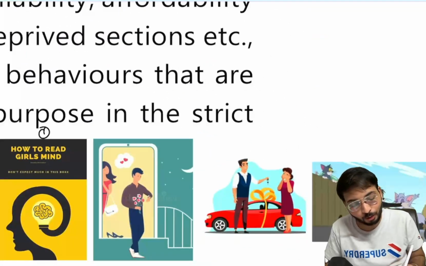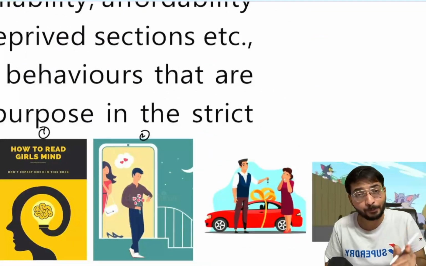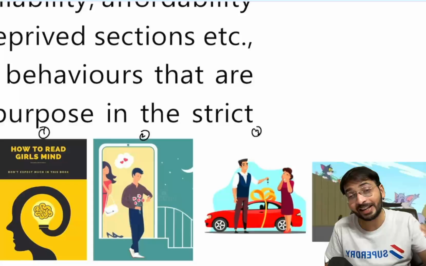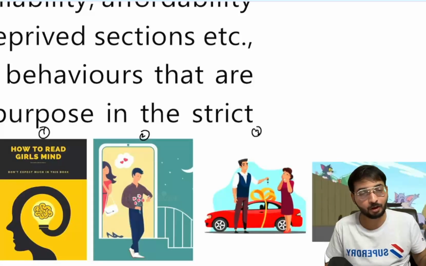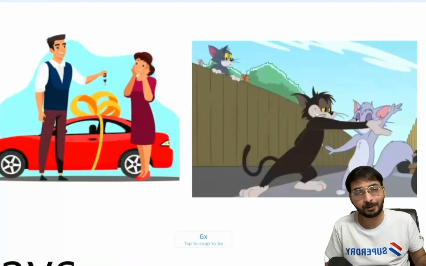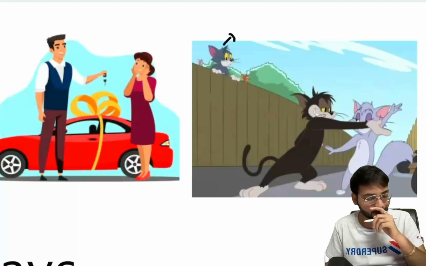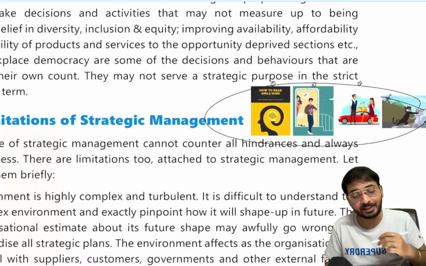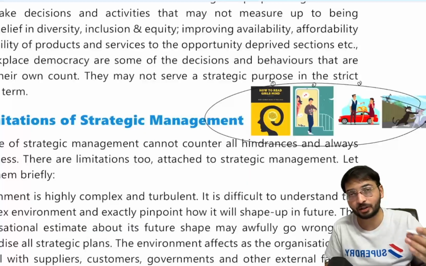So what he has to do, he has to give proper time to her. He has to give total costly gifts to her. Even after all this, is there a guarantee that she will fall for him? No, why? Because your competitor will come and take her away, and this is Mr. X, who is watching. So these are nothing but the disadvantages or limitations of strategic management.